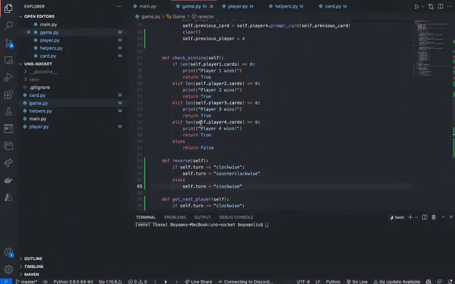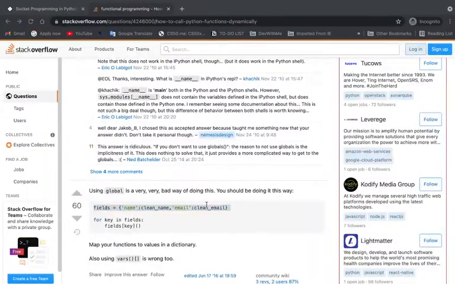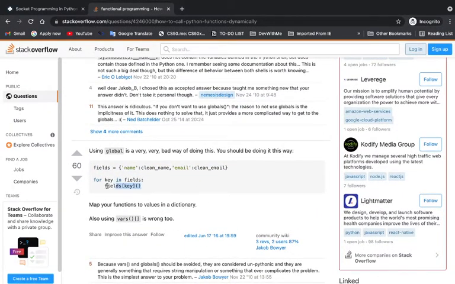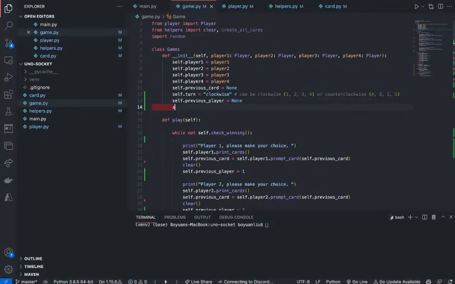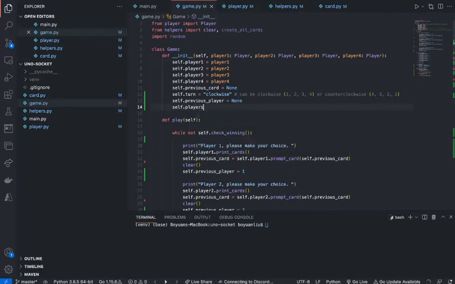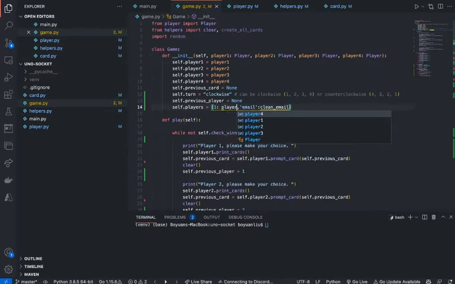Okay. Alright, got this. Actually, using this way is even better because basically we're calling the function dynamically. So every time we have a for key and fields, we can do something like that. That totally works. So let's just say self. Don't have this. So we can say name. So if it's 1, what we want to do is we'll say